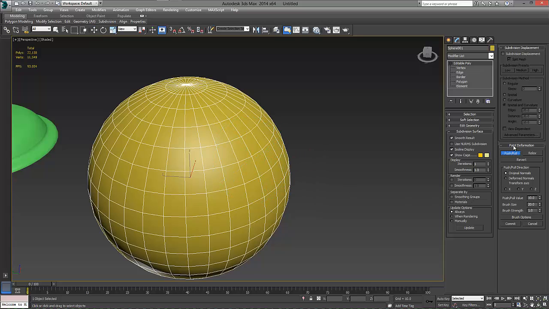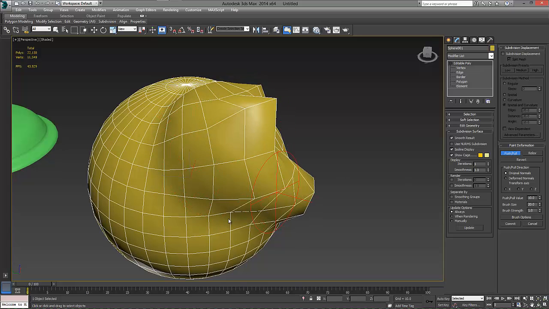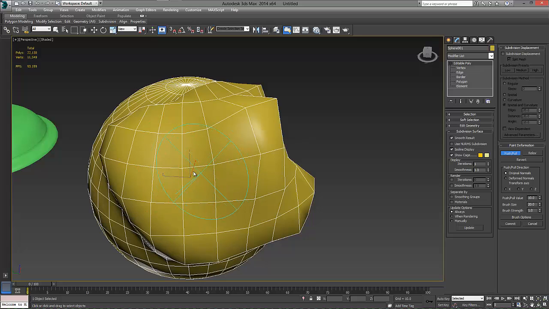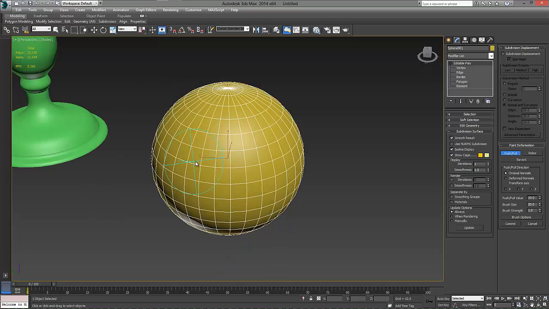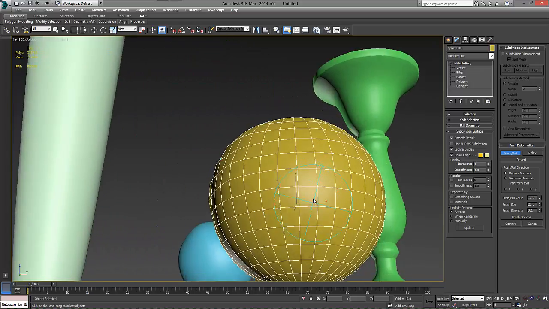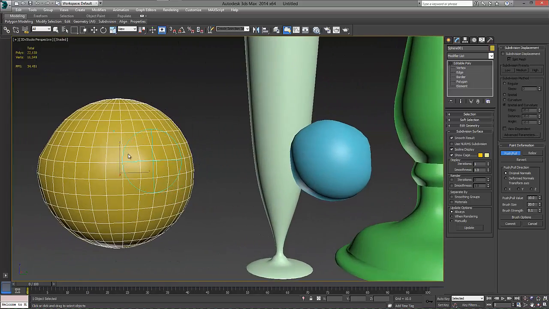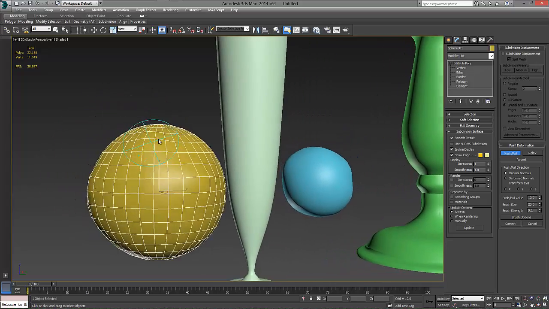So you'll see I have this paint deformation right here. And if I click on it right now, you'll see it's really, really strong and it pushes out my shape. Well, I probably don't want to push my shape that much. So I'm going to come in here and turn the strength of this down. So let's turn the strength down to right about, let's say 0.1. So at 0.1, you can see I can kind of click and move around and be able to displace this